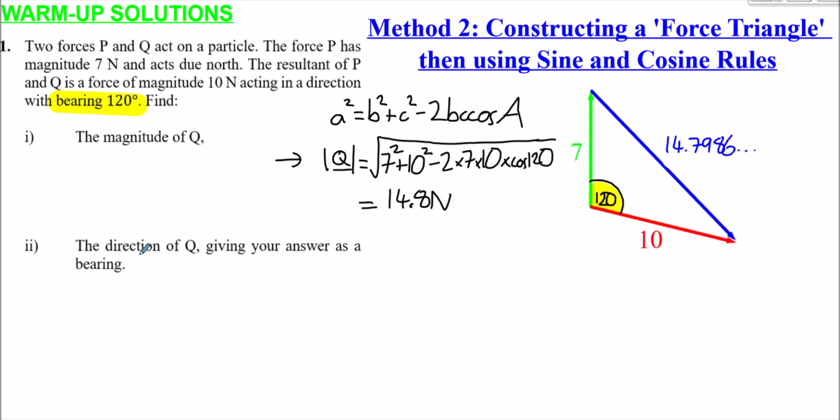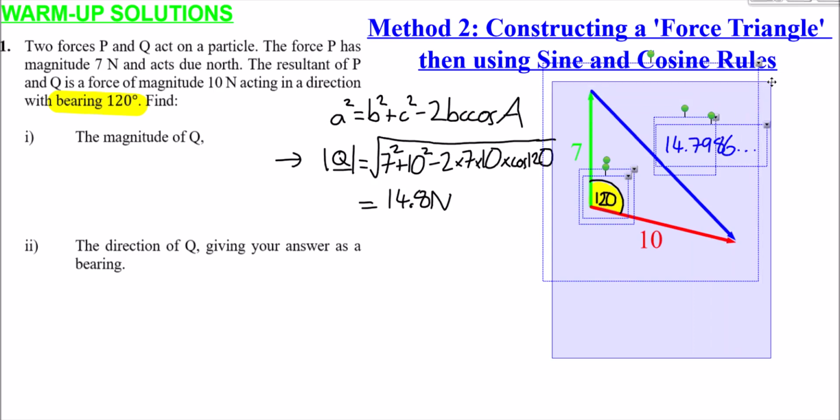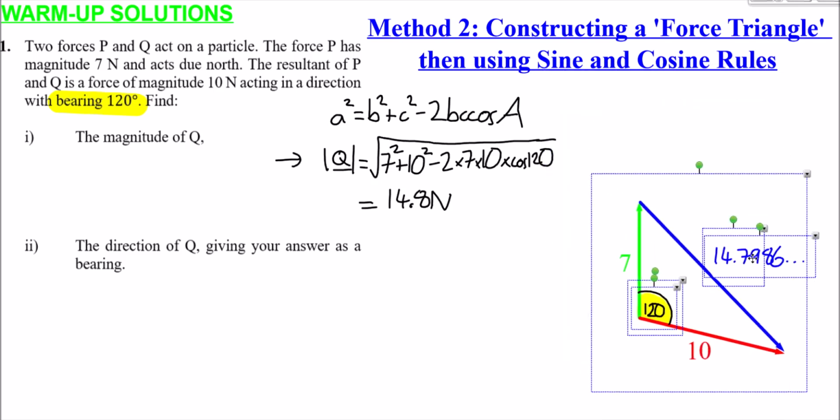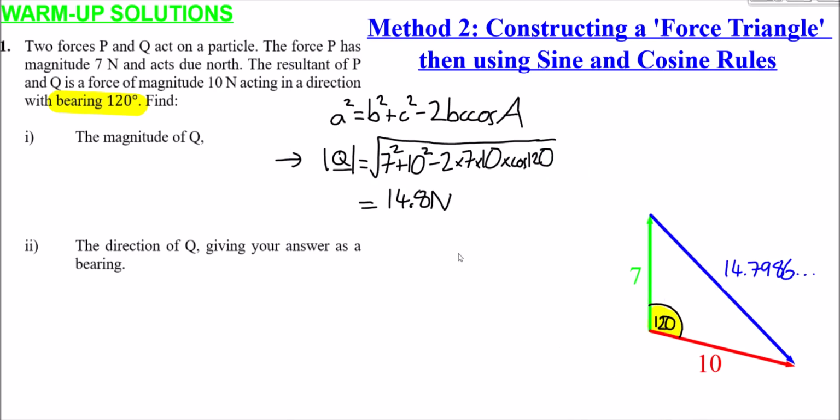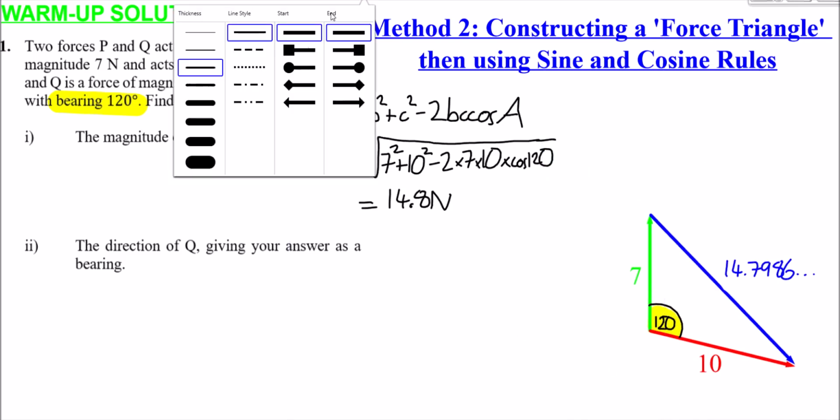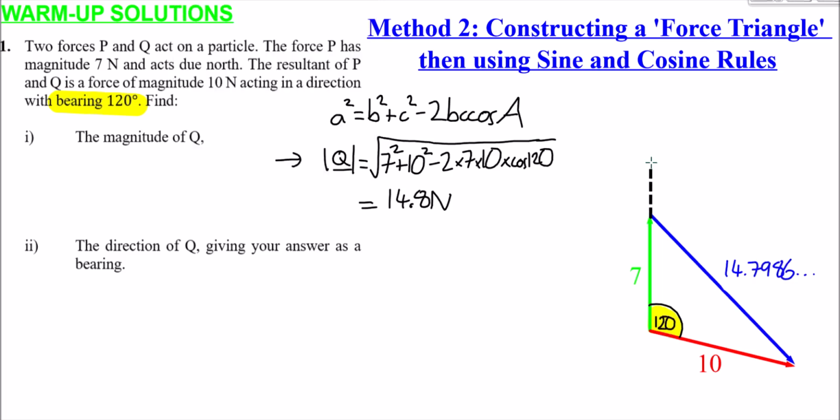Now for part 2 here, it says to find the direction of Q, giving your answer as a bearing. So what we can do here is use the information we've already got from this first question and apply it here to this diagram. So if I just scroll this down, now we want this as a bearing, of course, so bearings are measured from north. So if I just extend this line up further, we want the bearing, so we want to work out this angle here,